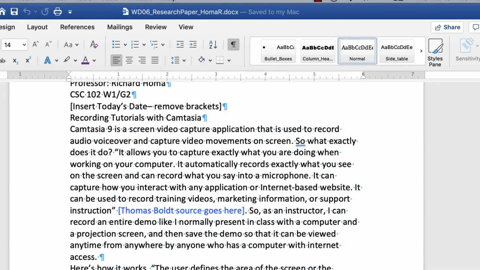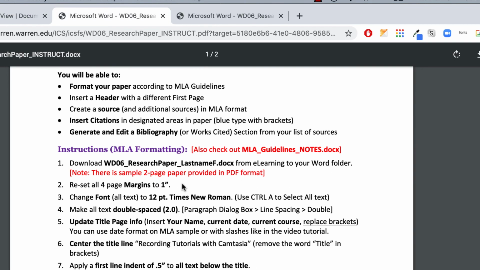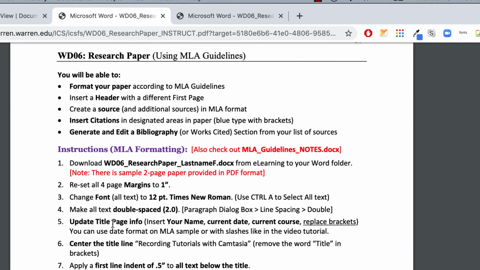All right, so let's go back to our instructions and see what we're doing here. We downloaded it. We got to reset all the page margins to 1. We're going to make everything 12 point Times New Roman. Everything will be double spaced, and then we're going to update the title page info, including your name, the current date, and all that. We're going to center the title line, and then add the first line indent, and then